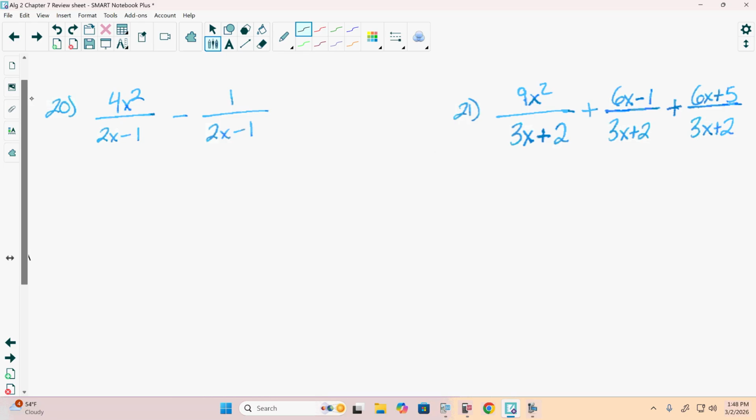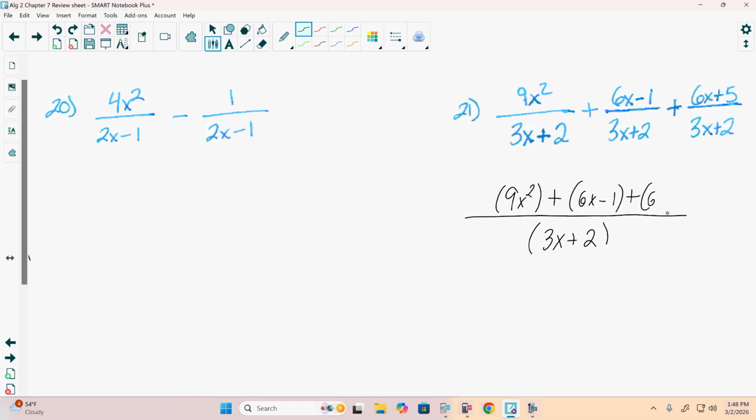Whenever we add 2 or more fractions together, the denominators have to be the same. Doesn't matter what they look like, they just have to be the same. If they are the same, we can add or subtract the numerators. Here, all three denominators are the same, and they're all 3x plus 2. So that means we can go straight to